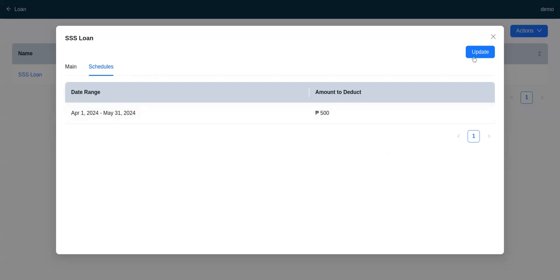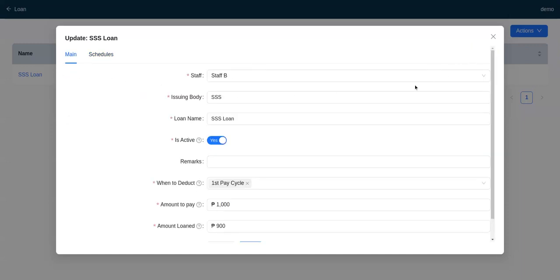And we can also update this loan if we needed to. So let's say the issuing body is not actually SSS, it was actually PhilHealth. So we would change this to PhilHealth. We could also change the loan name. One thing to note about updating loans is we can only update it